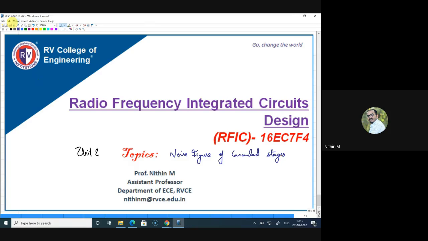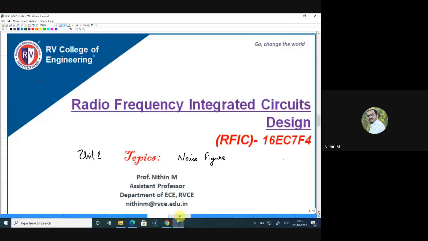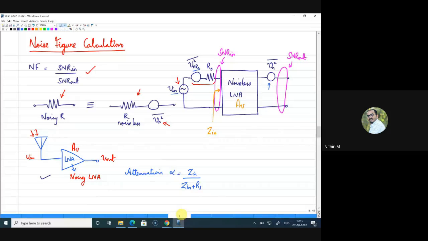Good morning. This is lecture 3, unit 2, RFIC design. So in the previous class, we were looking at noise figure calculation basically. So noise figure is, just to review what are things we have done in the previous